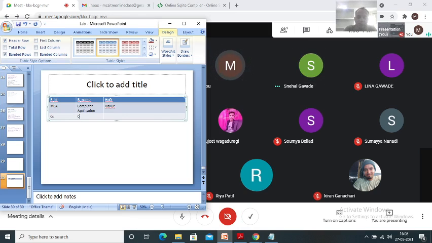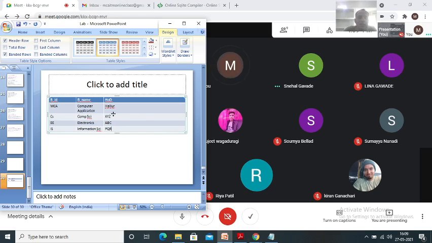Okay, then computer science, then XYZ is another person who is the HOD. Then E&E, electronics, then ABC is the HOD. Okay, then IS, information science, then PQR is the HOD.